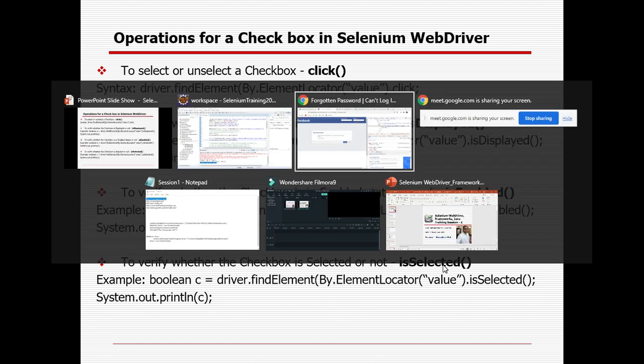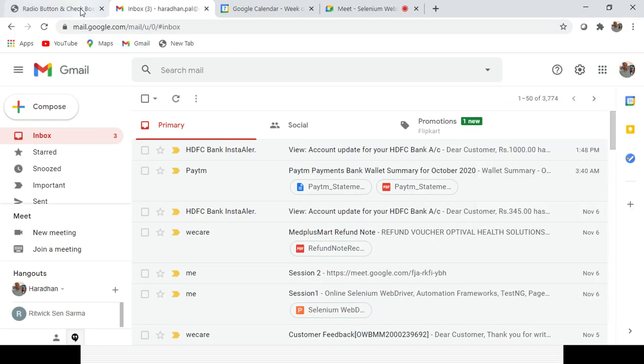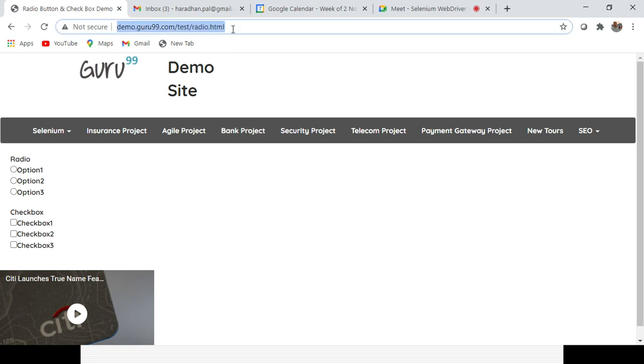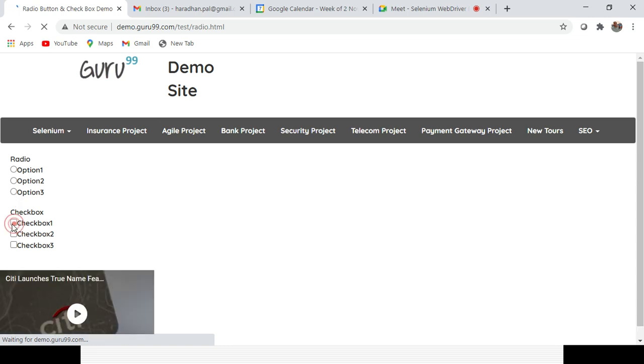This is the site, right? If you open the site, you can see there are checkbox and radio button options. You can check multiple checkboxes. Once you select one, it will be checked, and if you click again, it will be unselected, right? So it allows you to select all the options or unselect all the options. But with radio buttons, you can select only one value at a time. It is not possible to select all the values. That is the basic difference between a radio button and a checkbox.